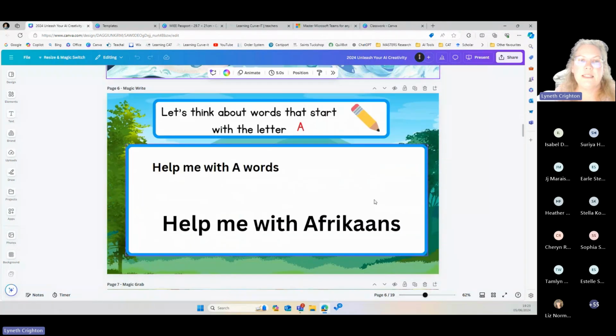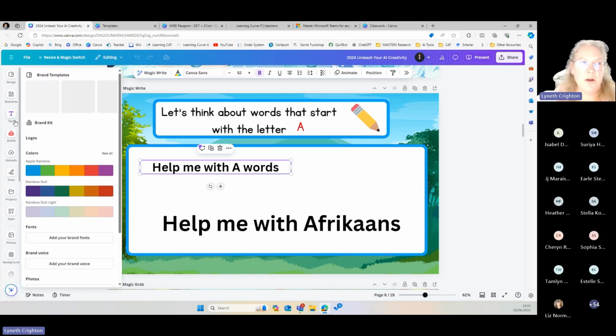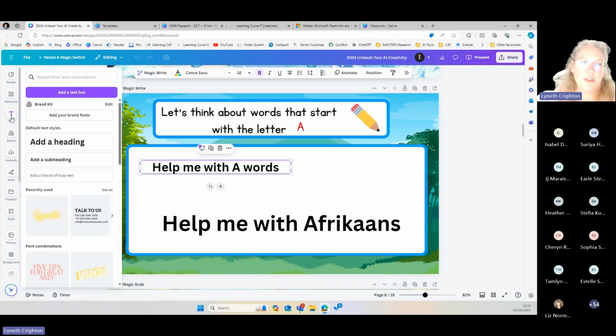So let's just try some of the AI magic that is all built into Canva. This is a text box. To get a text box, the simplest way is to click on text and say add, and these are default styles.